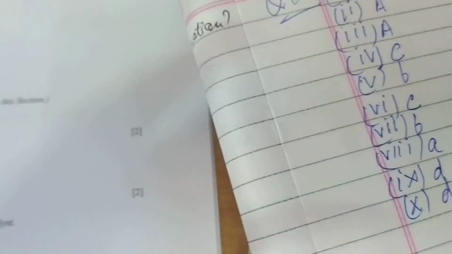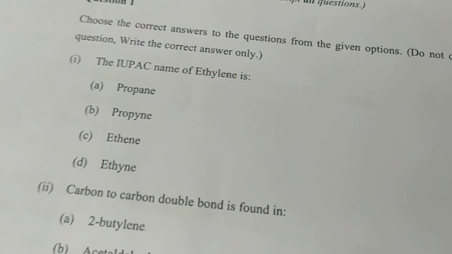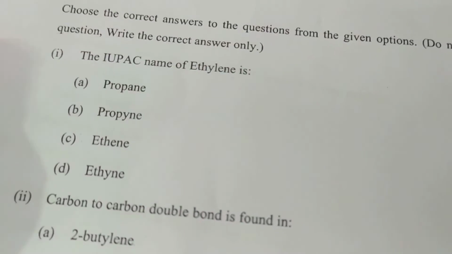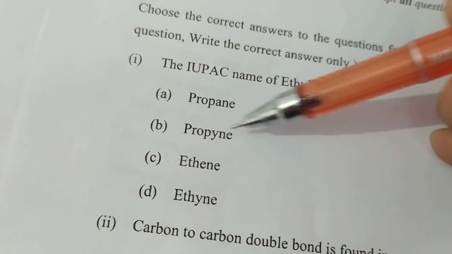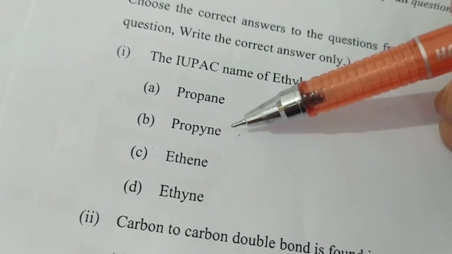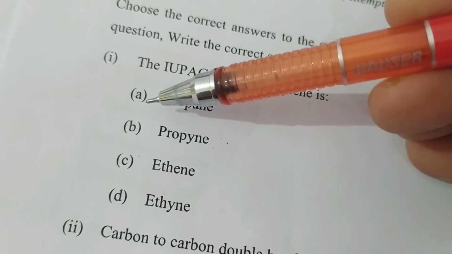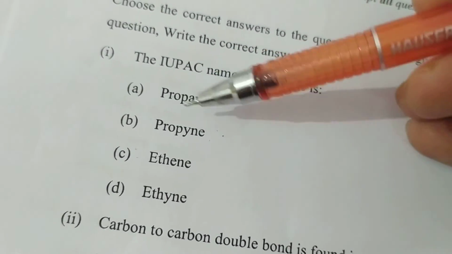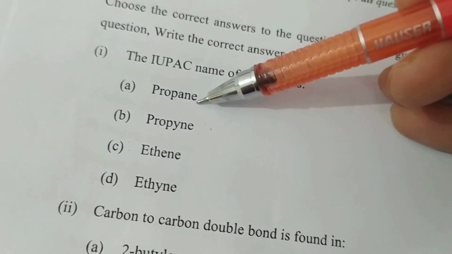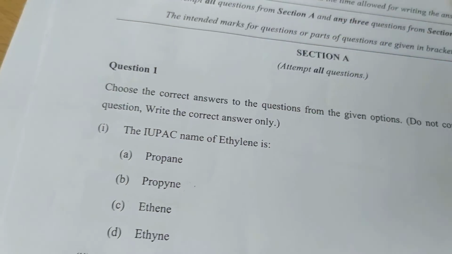So these are the answers of the MCQs of section A, in which you write along with the alphabet of the option, just mention whatever has been written in that option also, so that if there is any mistake in writing A, B, C, D, then this will be covered by the option you have written in front of that alphabet. The next questions we will deal with in the next video.